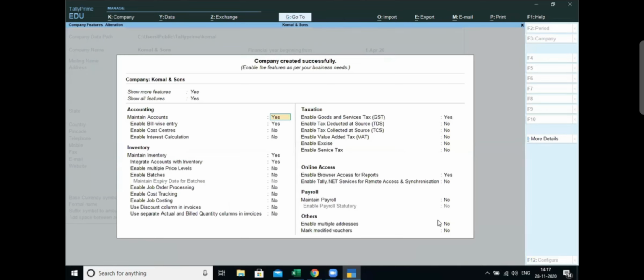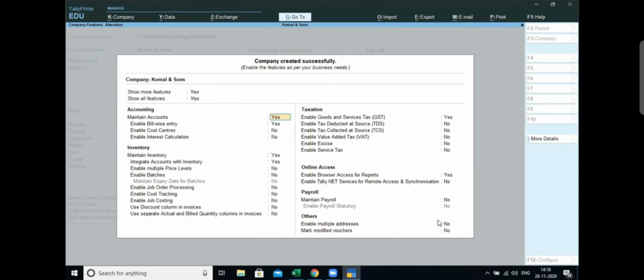As and when you accept the form, this will take you to further features of your company that are applicable to your company. Here you can see the multiple features available on your screen, but I'll explain each and every feature in my further lectures one by one, step by step and transaction by transaction.